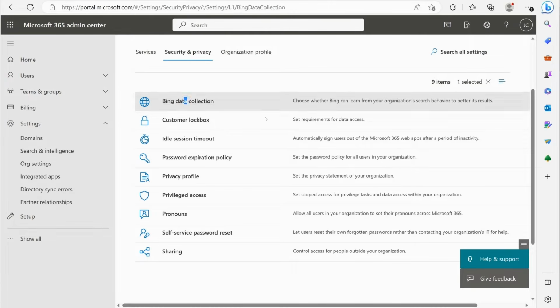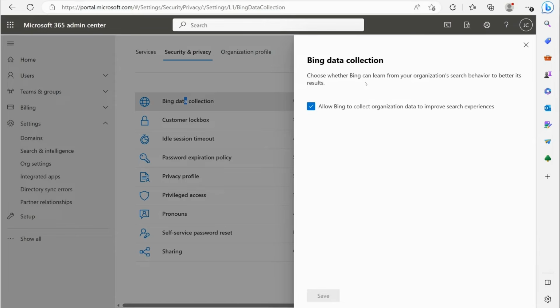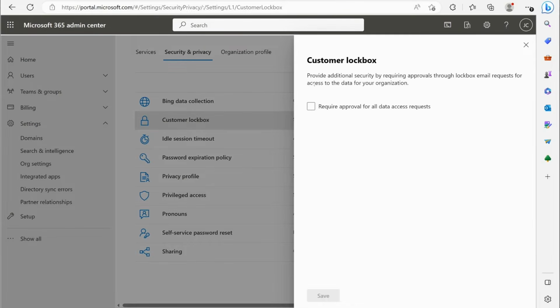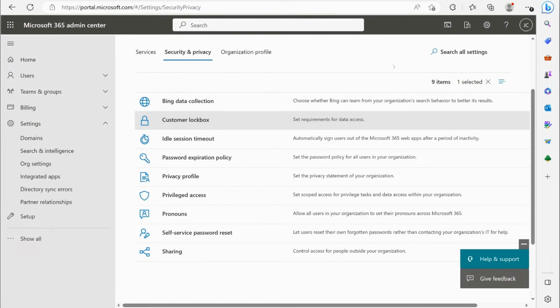So for example, you have Bing data collection. Choose whether Bing can learn for your organization. If you don't want Bing searching information, you can take that off. You have customer lockbox. So provide additional security by requiring approvals through lockbox email requests and access to data for your organization. We're not going to get deep into this, but in a nutshell, this involves Microsoft support. And if you ever have to call Microsoft support for any reason and they need to get access to some data that for some reason you don't have access to, maybe you got locked out, then